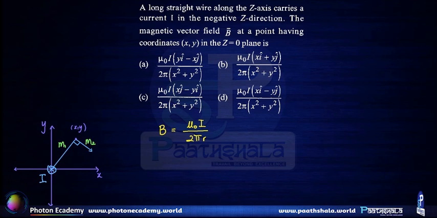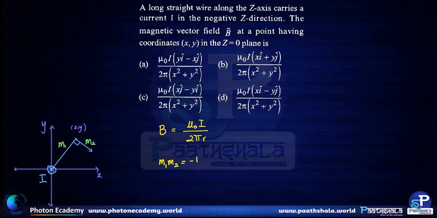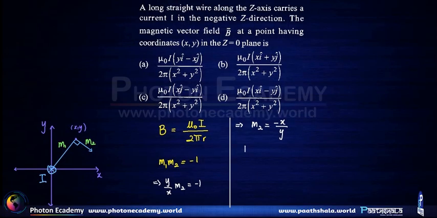Product of slopes of perpendicular lines is equal to -1. And we know that the slope m1 is y by x. Therefore, we have m2 is equal to minus x by y,